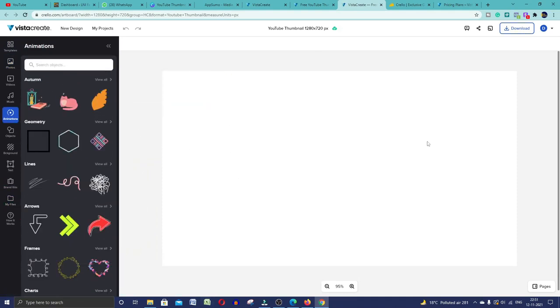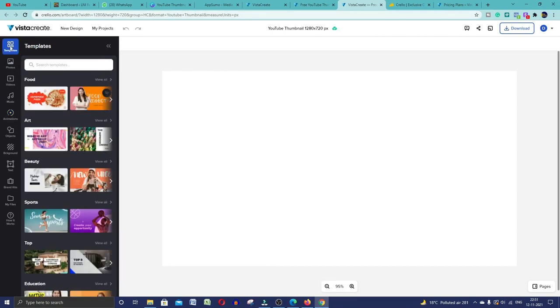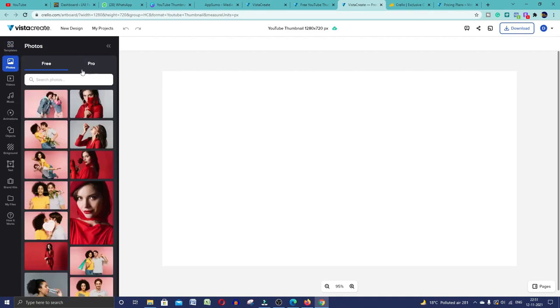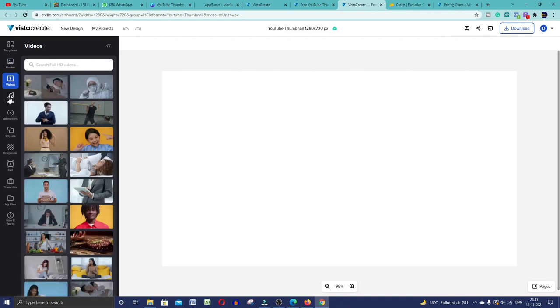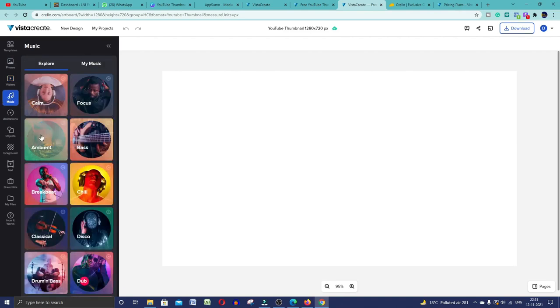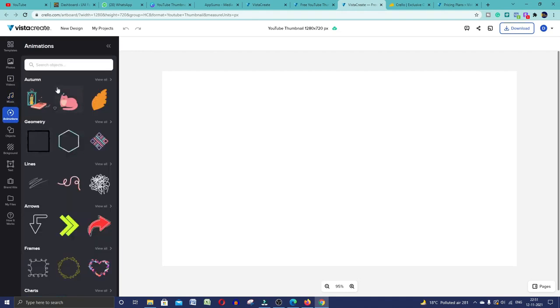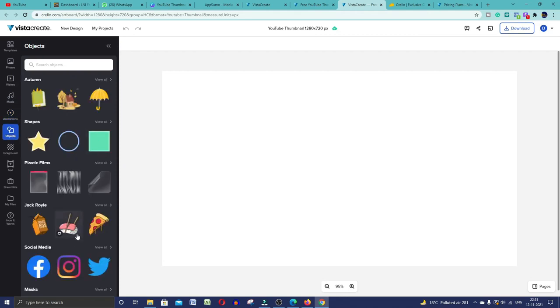Okay, now we have entered the artboard. Here in these sections you have templates, photos, free and pro photos, and you have a video option also, and you can use music here. If you want to add some animations, you have an animation option also. Objects, you have very good objects.